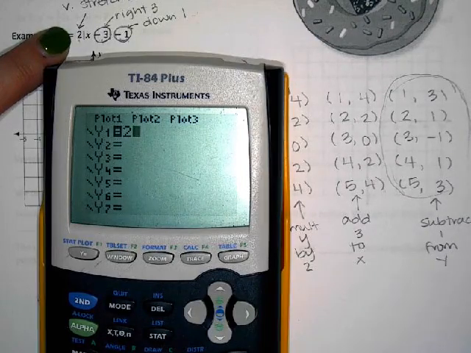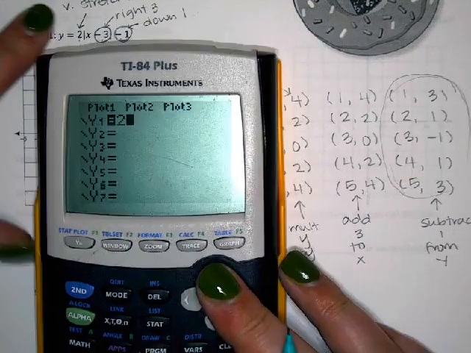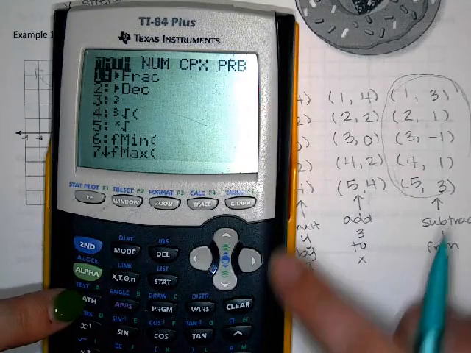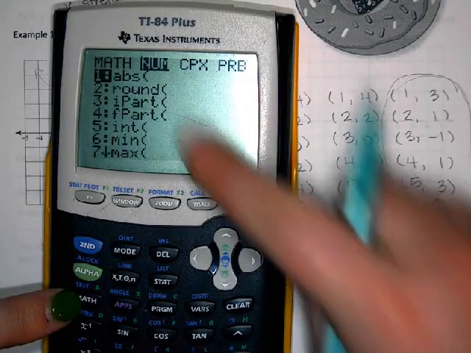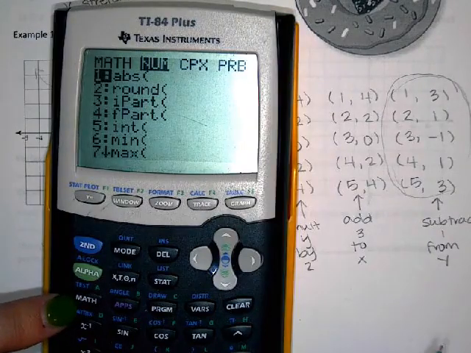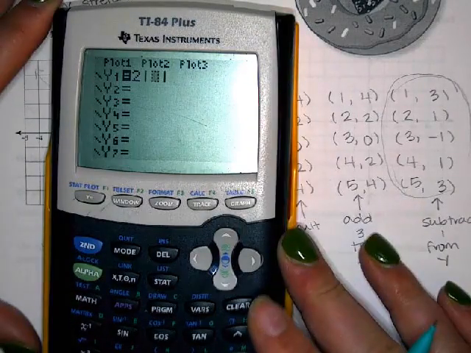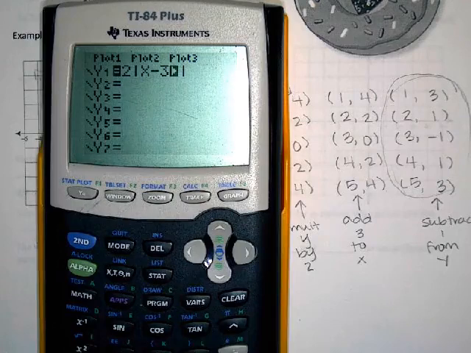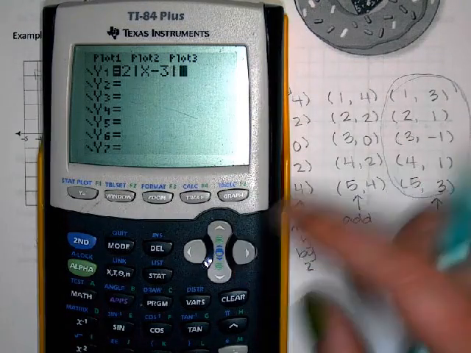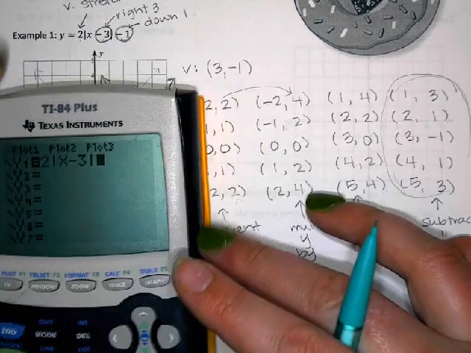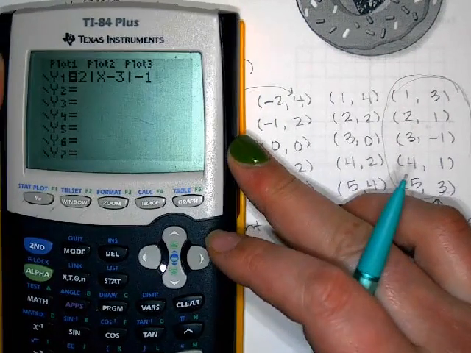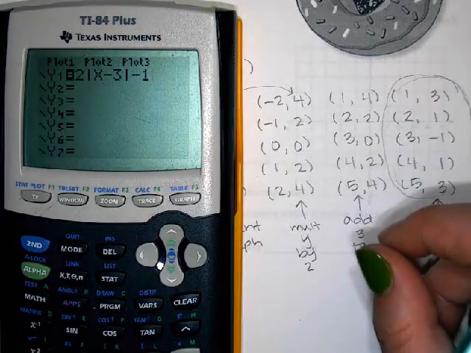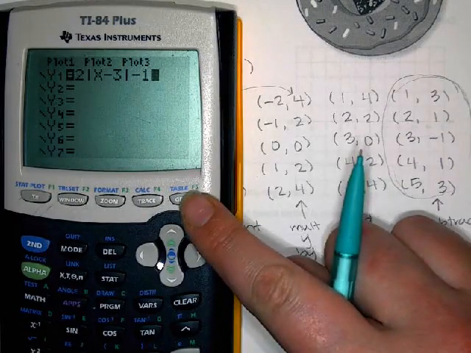Nope, I have to hit the math button. And then I go over to number. And then I press enter on absolute value. Okay? Inside the absolute value, I need x minus 3. And then I'm going to go outside of x minus 3. Press minus 1. We good? Okay. So hitting graph will let us just kind of visually look and say like, okay, that looks